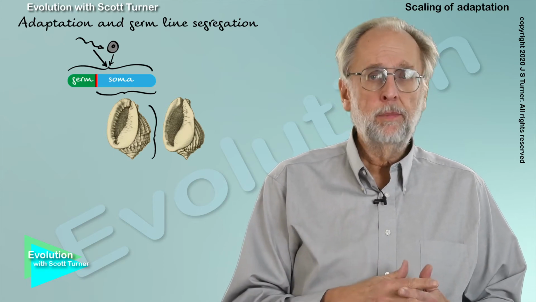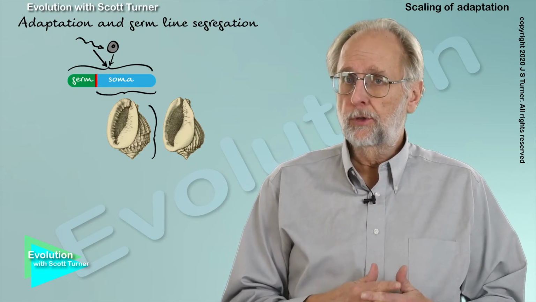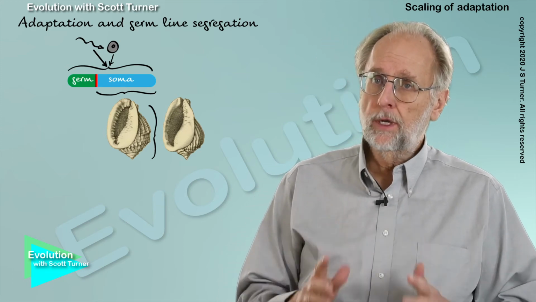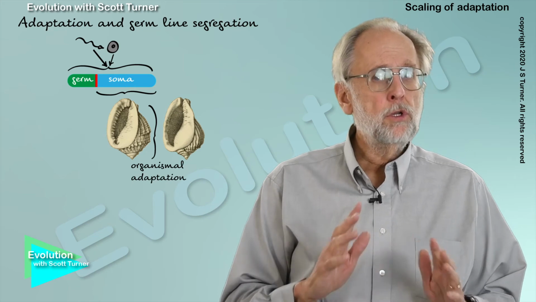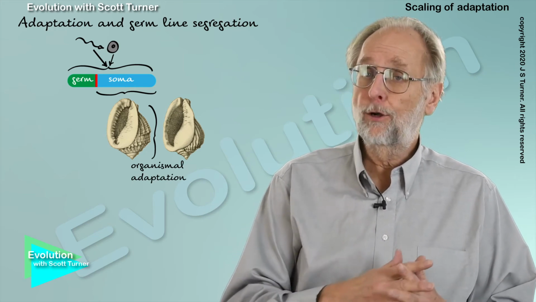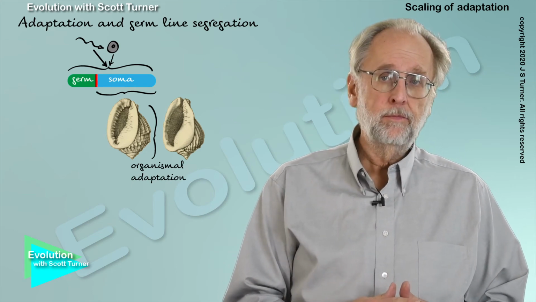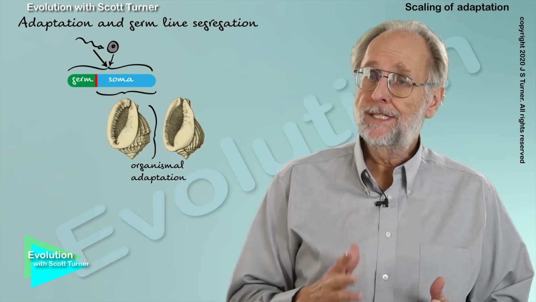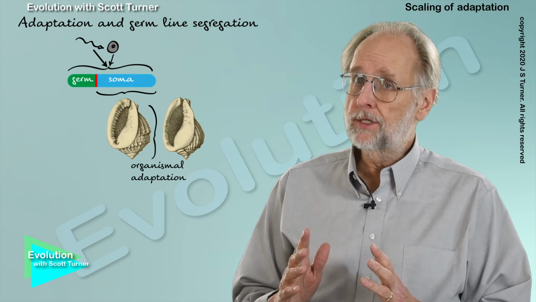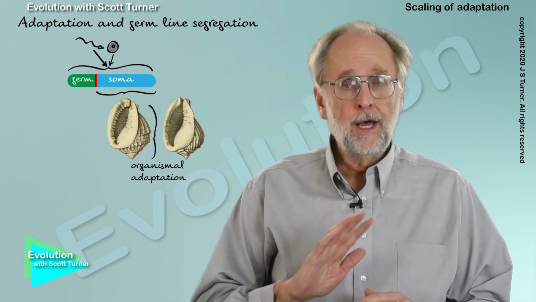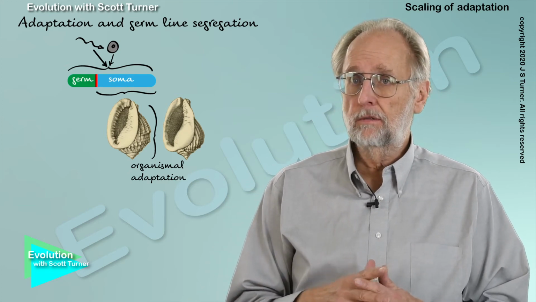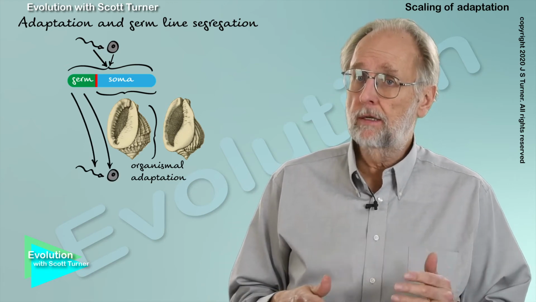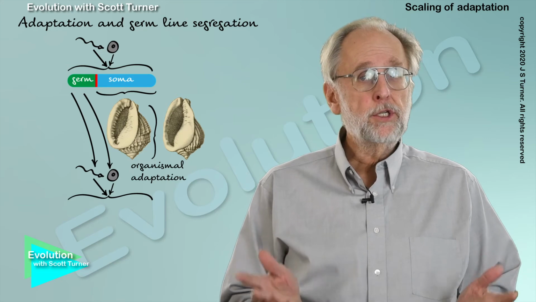Take a moment to compare the serrations, the fluting, and the tightness of the spiral. This is organismal adaptation, and there's no question or controversy that organisms can adapt. However, the idea of germline segregation means that adaptation within the organism, the somatic line, will not be transferred to the next generation. Why? Well, the next generation arises from the germline, from the sperm and ova, which combine to